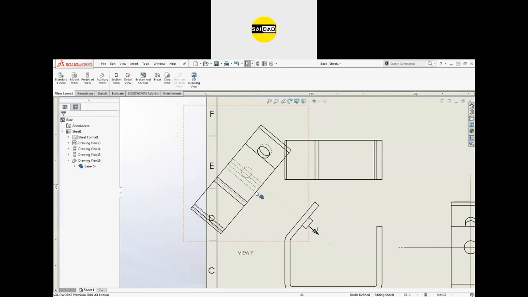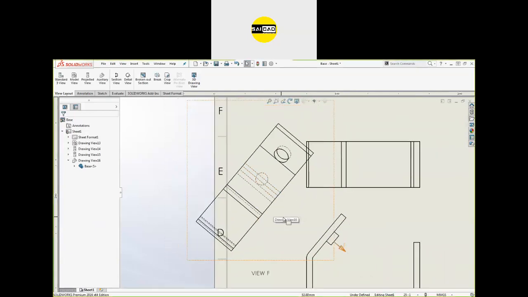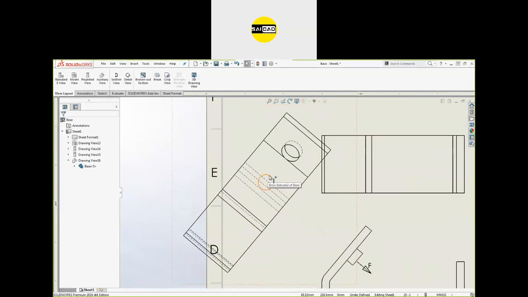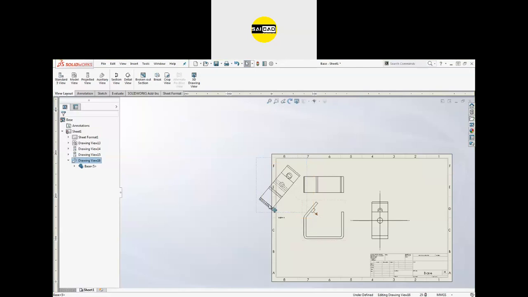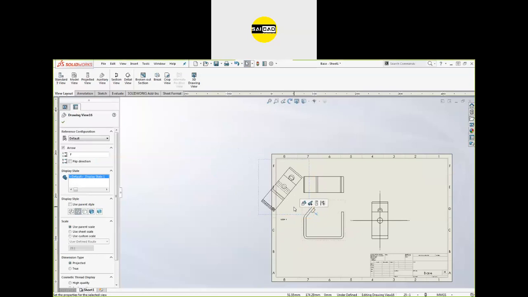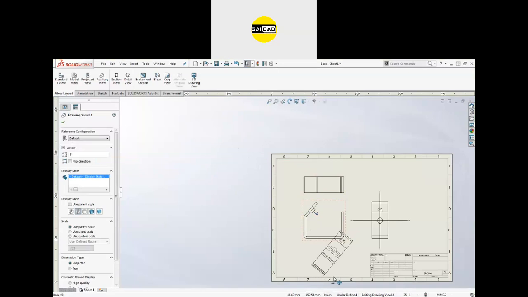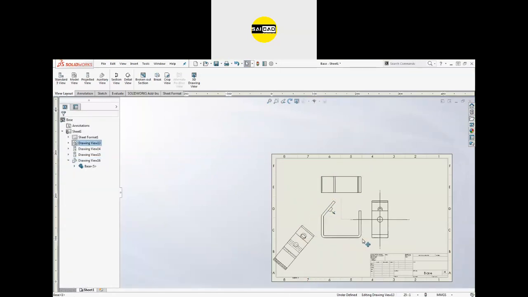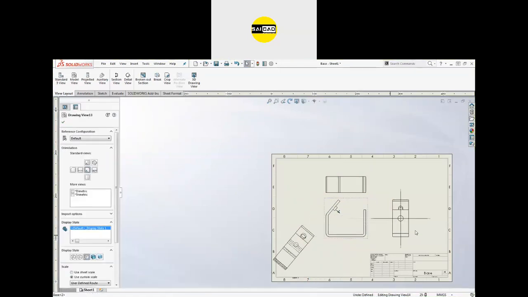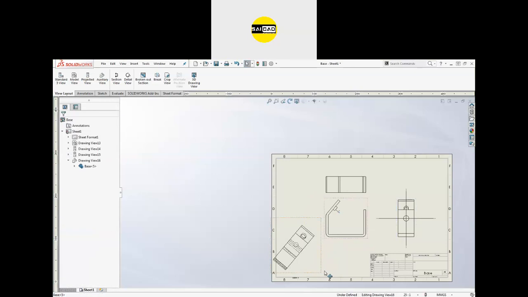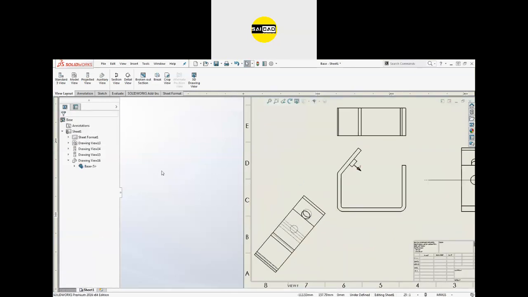So select with visible edges with hidden line. You can see there is a circle. So if you move this view, you will be able to move it along the axis only. We have an alignment here. So to break the alignment, just right click, go to the alignment and select break alignment, and we have the object visible like that. So move them accordingly like that, and now you can just define the values like annotation model views.